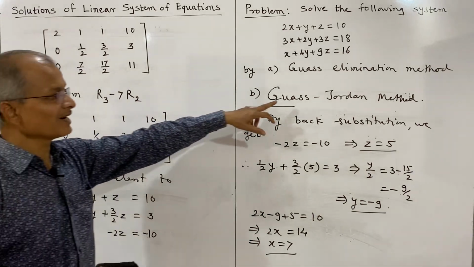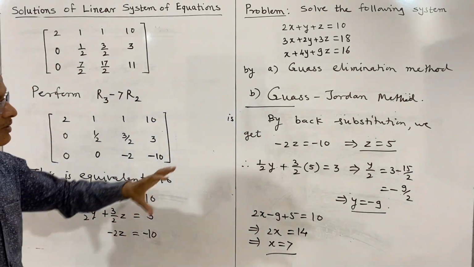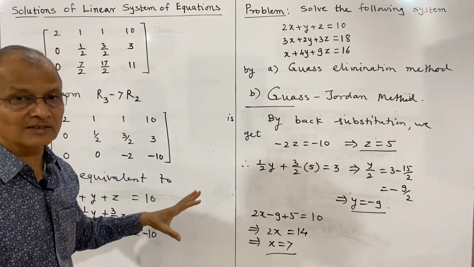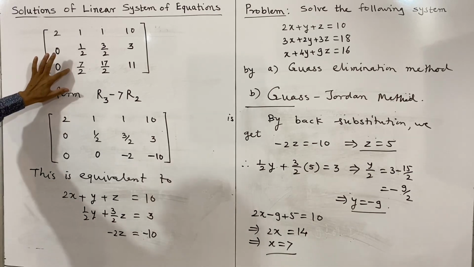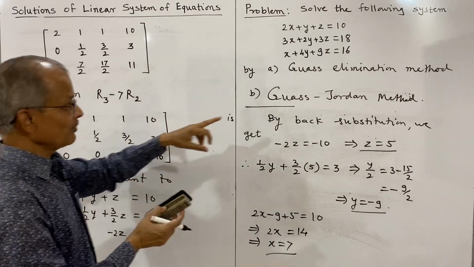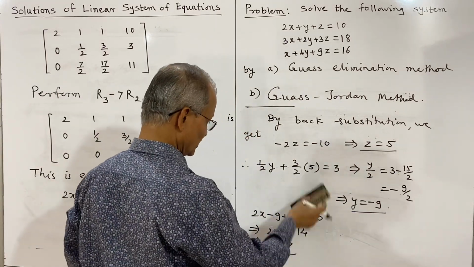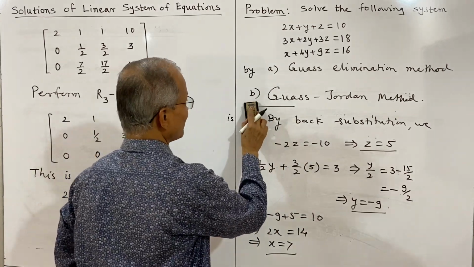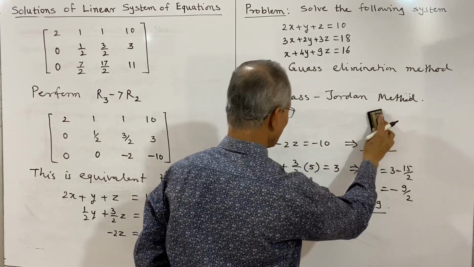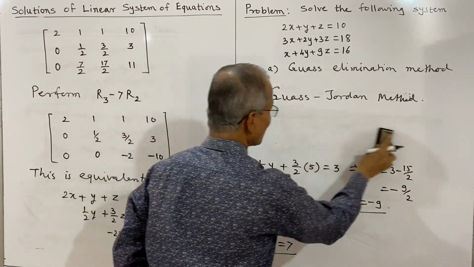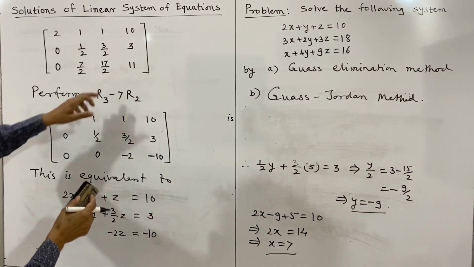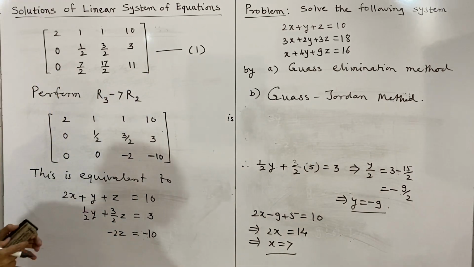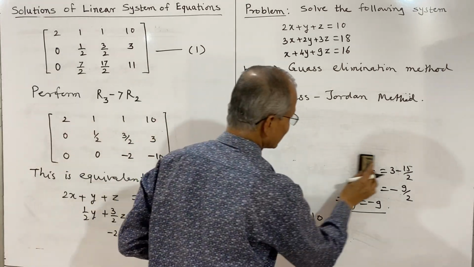Now what about the second, Gauss Jordan method? That is a modification of Gauss elimination method, modification in the second stage only. The first stage is the same. Now for part B, we have obtained the solution here. Now we shall use the second method to solve this, that is Gauss Jordan method. For Gauss Jordan method, we make use of this augmented matrix. Suppose this is 1. From augmented matrix 1,